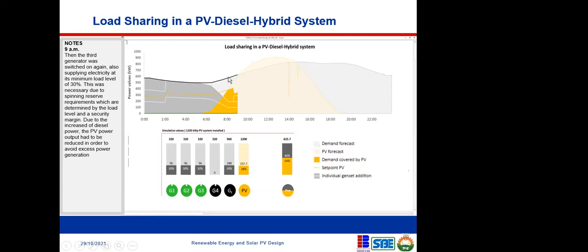Because your demand has increased. This is your demand. It's because it's daytime now, and more load is beginning to come up, and your demand is beginning to rise. The more your demand rises, you must have adequate generator capacity running that can cover your total load, and that's why the third generator has to come,